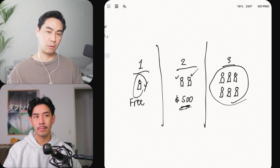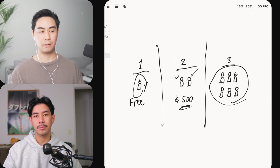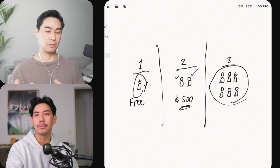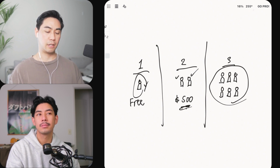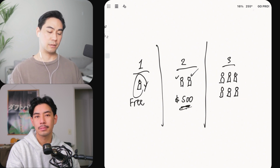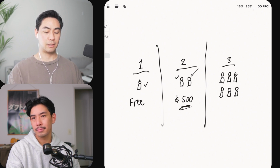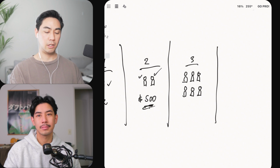So you kind of weigh how good are you at this thing that you're doing? How strong is your expertise? How good is your system? But ultimately, when you're starting in the early days, the first few months, you're really focusing on getting results and the proof. And then months 4, 5, 6, as you keep going on, you can start scaling,